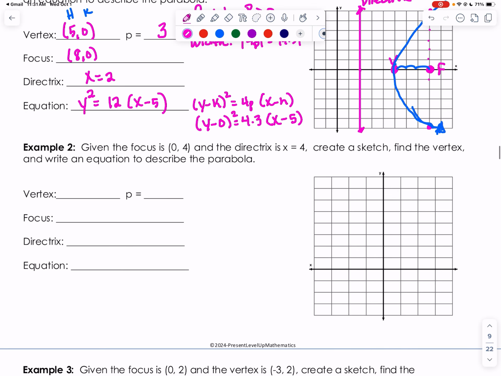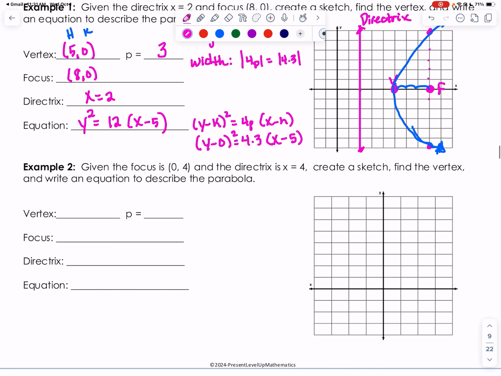In example 2, it says, given that the focus is 0, 4. All right, let's plot that. 1, 2, 3, 4. So they gave us the focus at 0, 4. I'll go ahead and write it down over here. The directrix is x equals 4. So 1, 2, 3, 4. So that's a vertical line